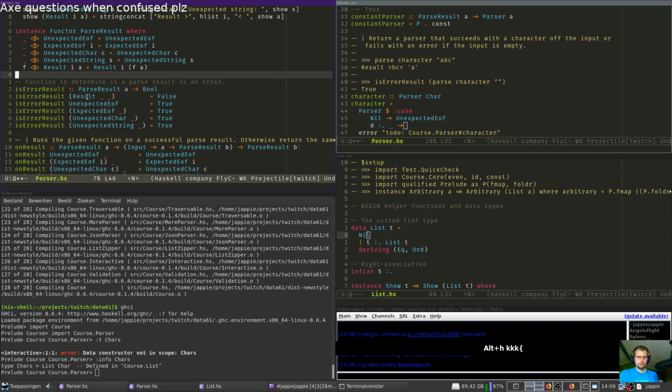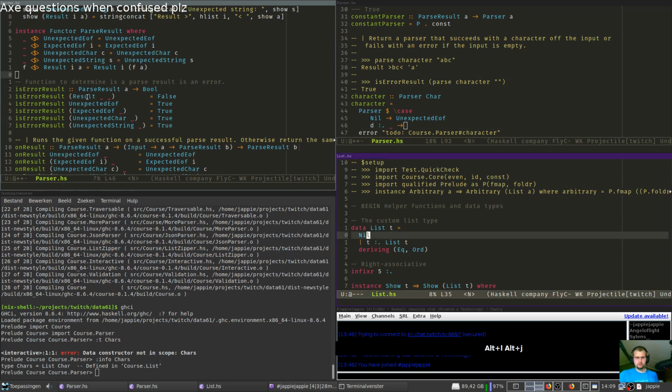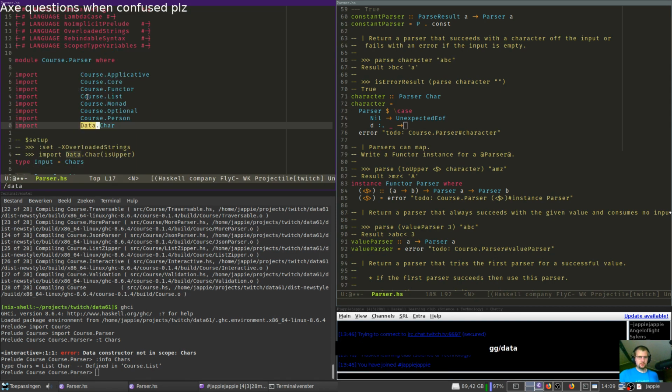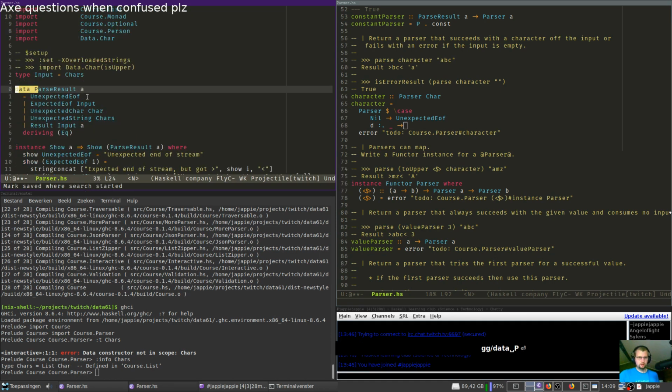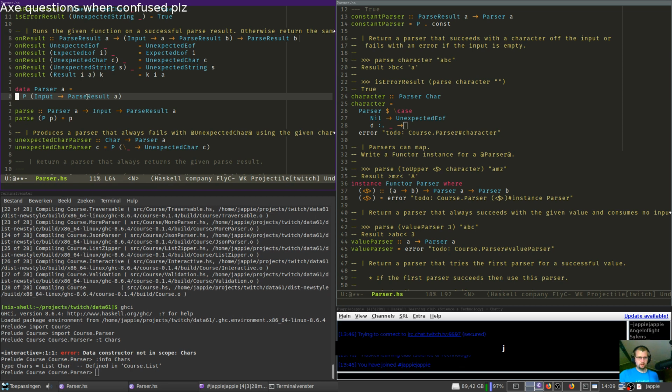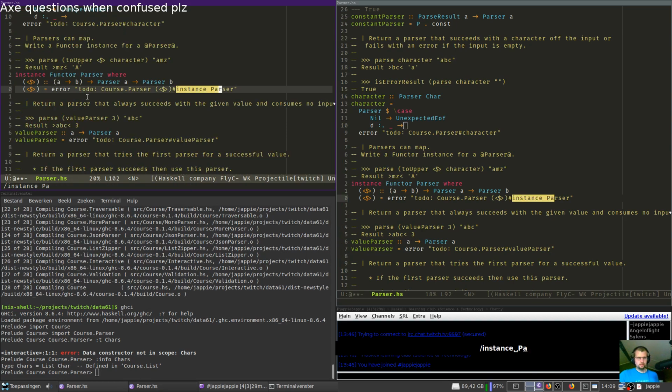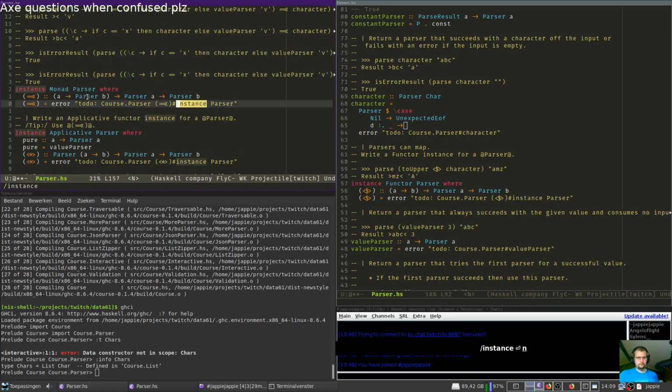Can't I recurse into it? Is a parser monoidal or something? Can I jam them together? What's the data of parser? So parser. No, you have no instances. Oh, they have instances. But they'll come later, right?